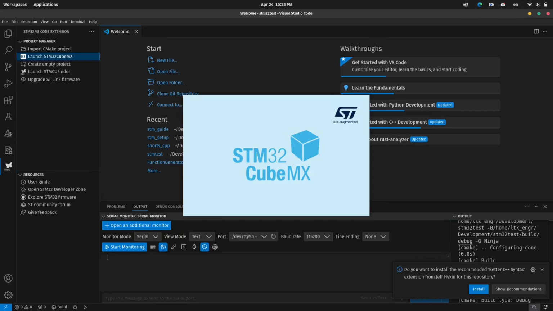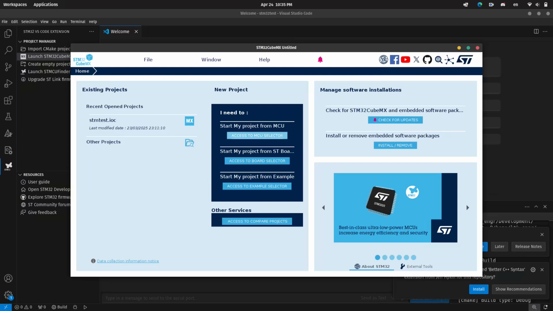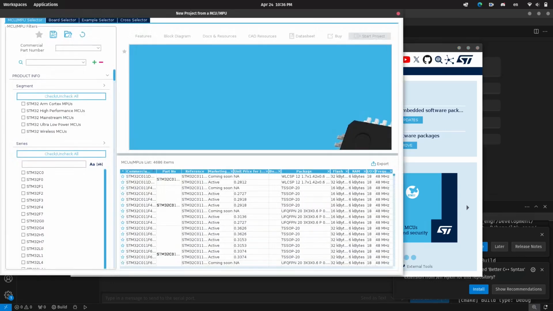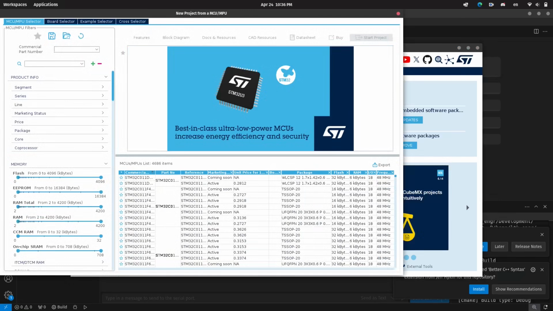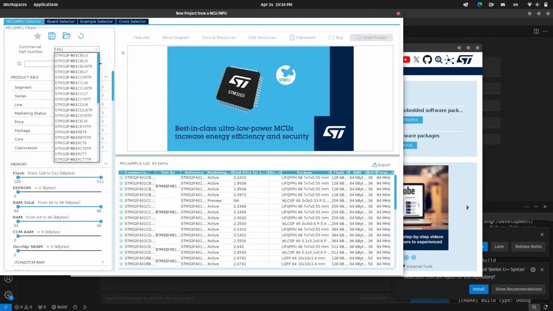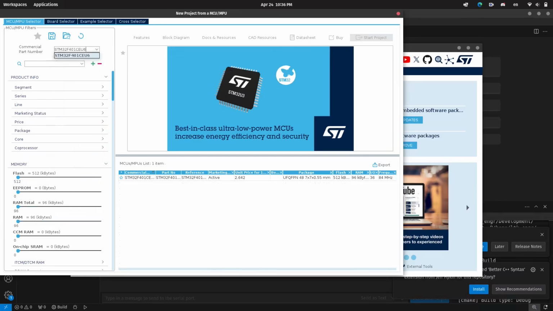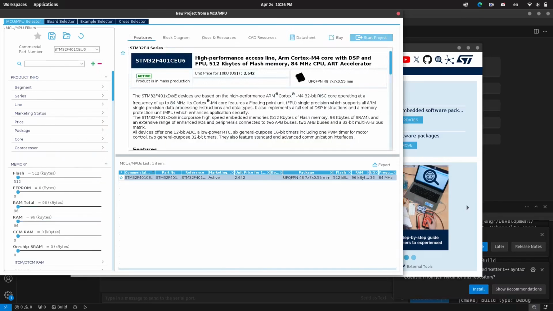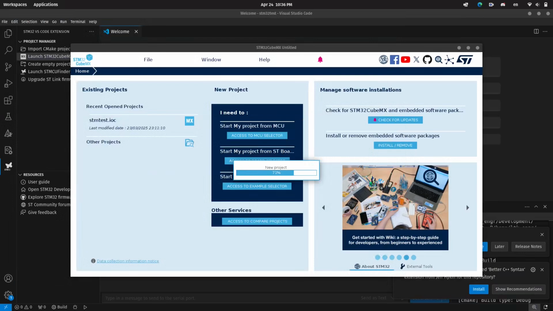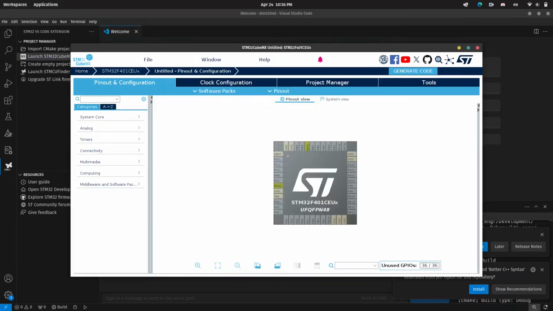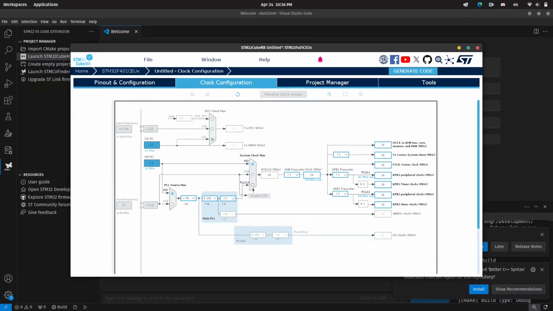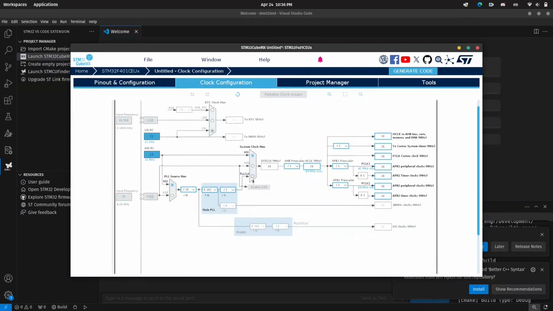Next, you will find the board or the microcontroller that you have through the MCU Finder. My STM32 board number is F401CEU6, so I will select it. Once done, you will choose a pin as your GPIO output pin, which I chose PB5 or pin B5. You can also perform modifications to your clock system or change other advanced options, which are not the focus of